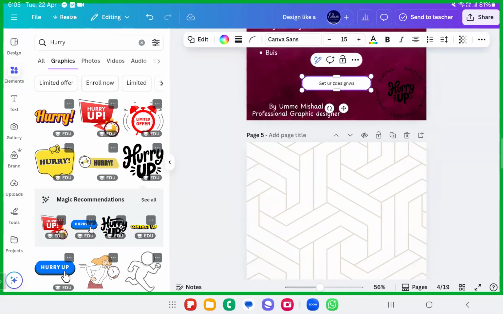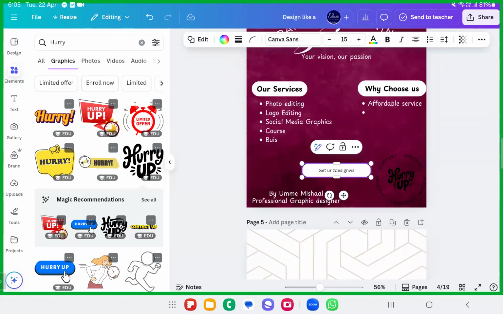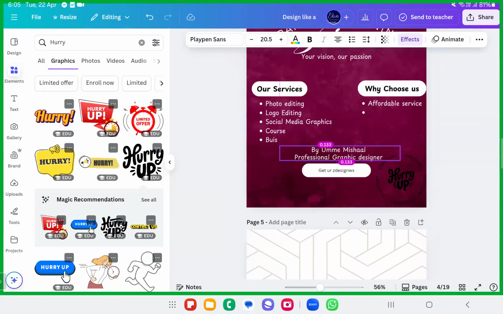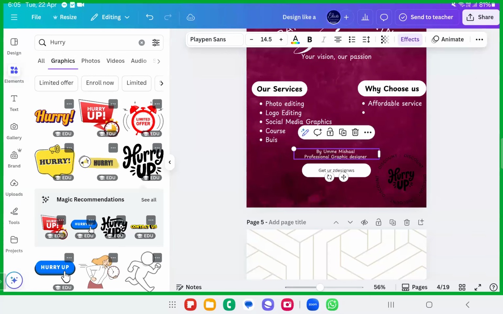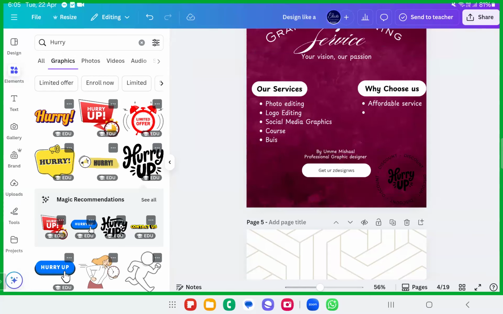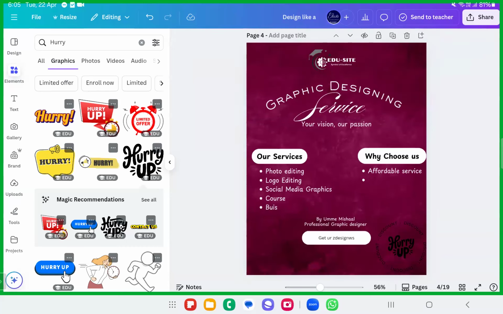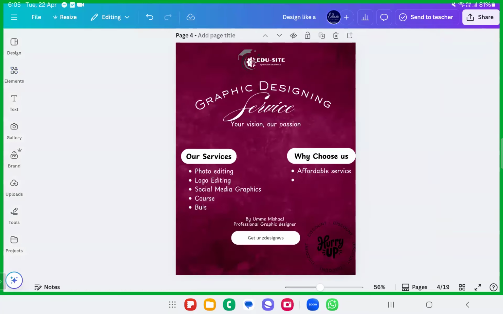Finally you just have to mention your phone number and also the accounts where you have put your designs, dear sisters and brothers. For example, if you have put your designs on any Instagram account, you can put that. Even a drive link, if you have, you can put that. Or if you want to place your designs onto this frame itself, you can even do that.